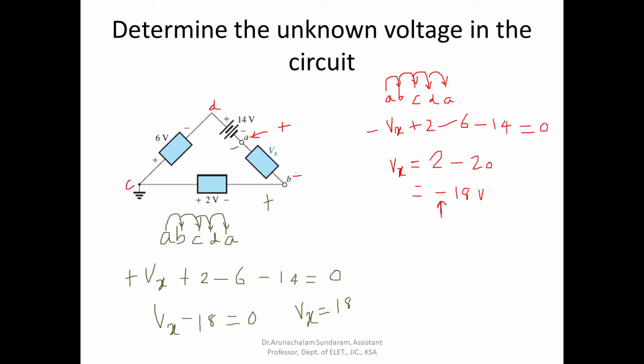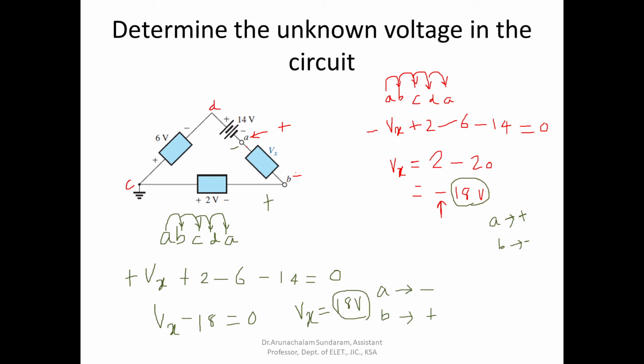Now what do you understand from these two scenarios? I have solved the problem in two ways. First, I assumed point A to be positive and point B to be negative, because they have not provided the polarity. This is my assumption. In this method, I assumed A as negative and B as positive. So based on your assumption, the answer is 18. This answer is correct.